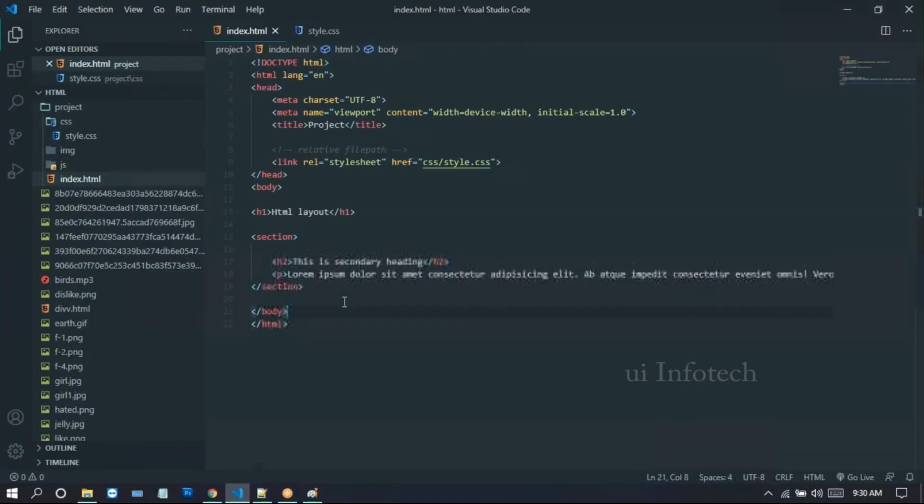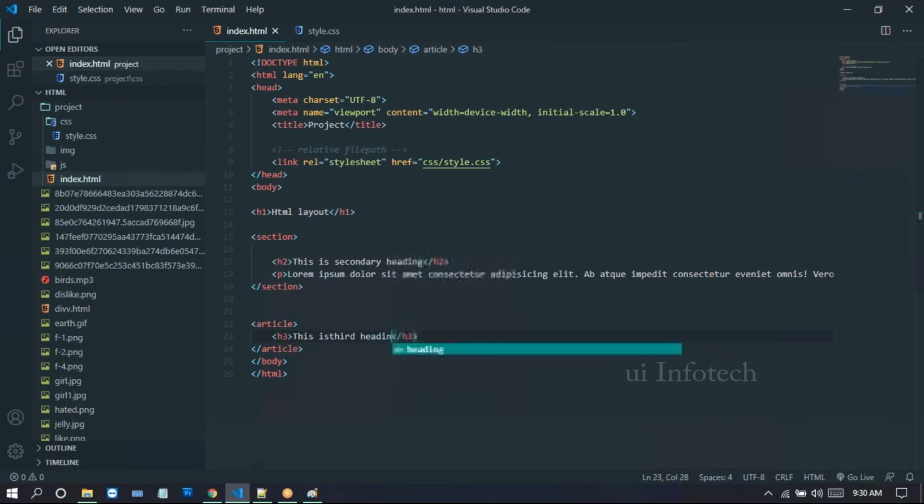Like this, we can place articles, and we can use article instead of section. So we take this article, and inside the article we copy. In this article we also keep an h3, a third heading.